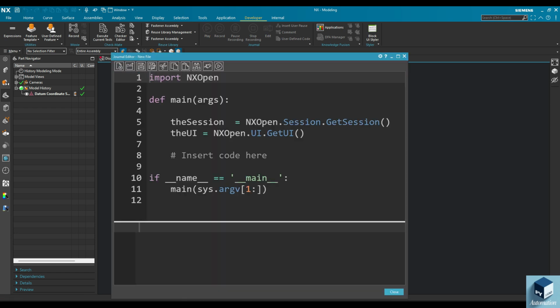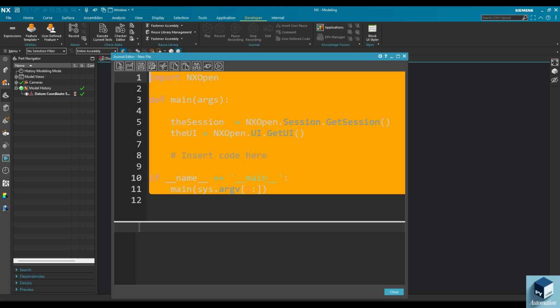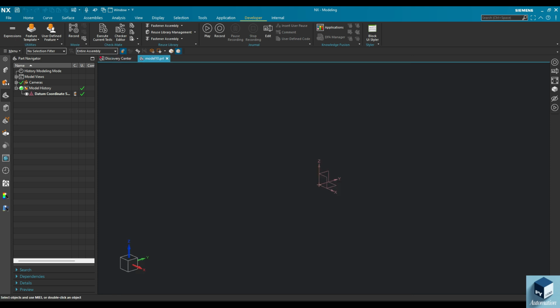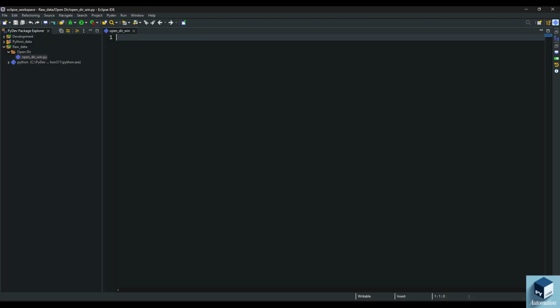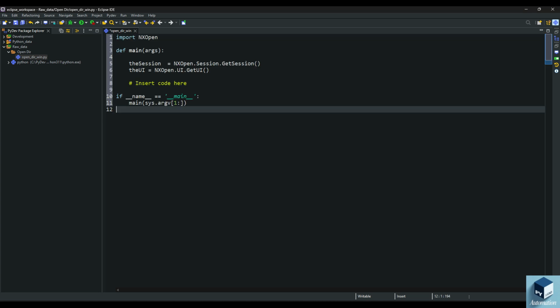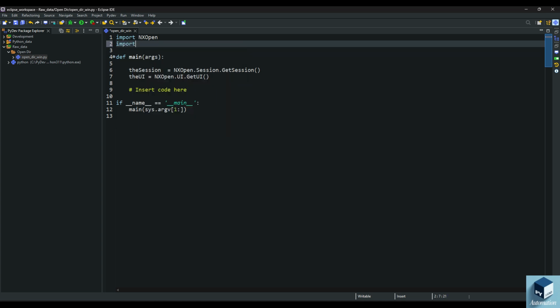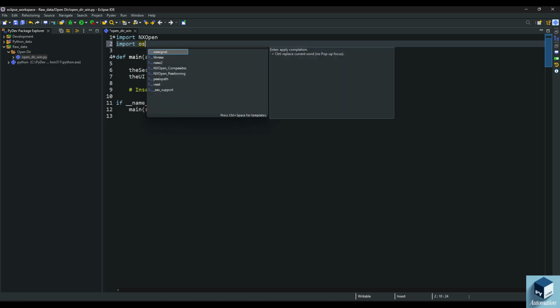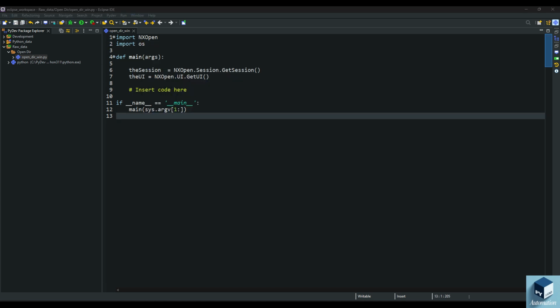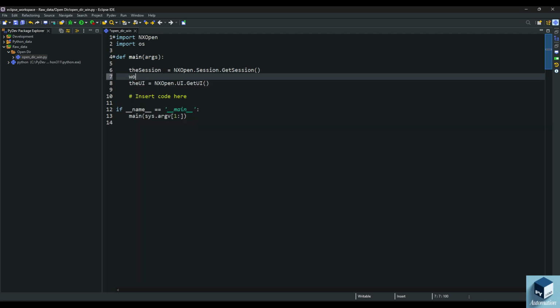So first I need to create a template from here. I just need to copy these things and paste them in our Eclipse here. Okay, this is a shortcut for that. In namespaces, we added the OS. We added the details on here like work part